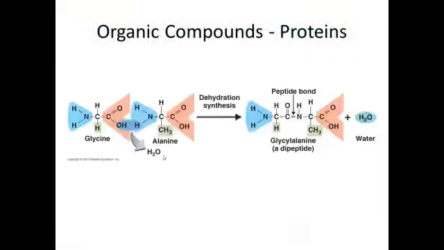Get it? Now, when we hook amino acids together, we form peptides. If you get enough peptides that are long enough, we call it a protein. So let's look at how that happens. Here's our amino acid, here's our carbon in the center, here's our side chain. In this case, it's a very simple side chain, it's just a hydrogen. We have our amine group over here, we have our acid group. Over here we have another amino acid, here's our amine group, our carbon with our hydrogen. Here the side chain is a little more complicated, it's a methyl group, and we have our carboxyl or our